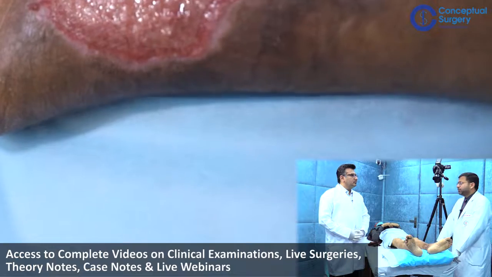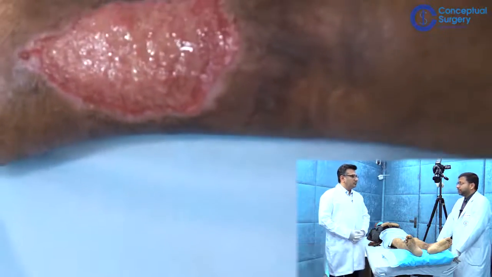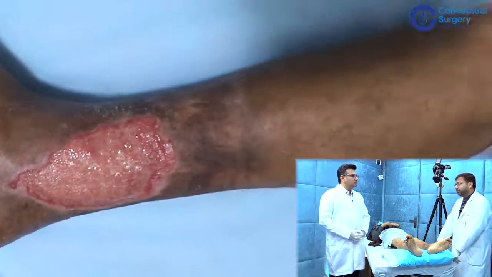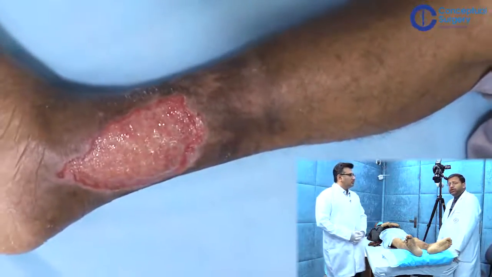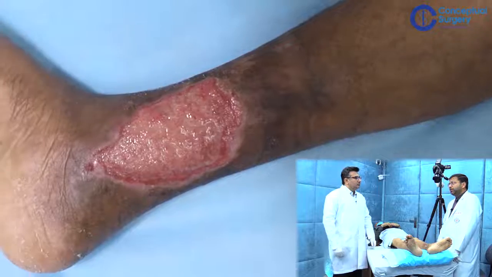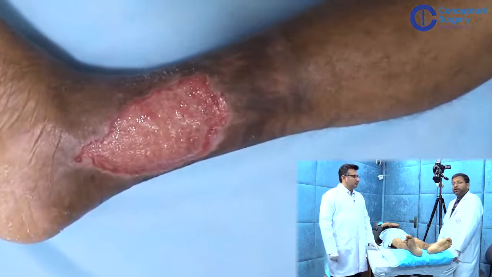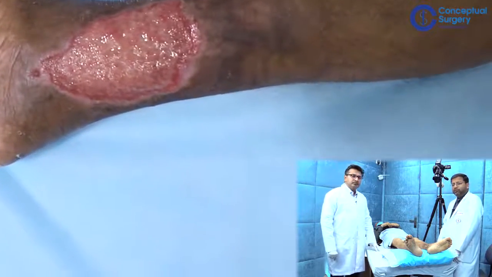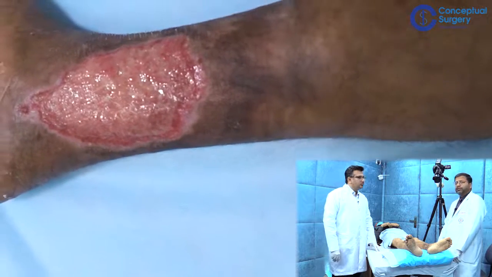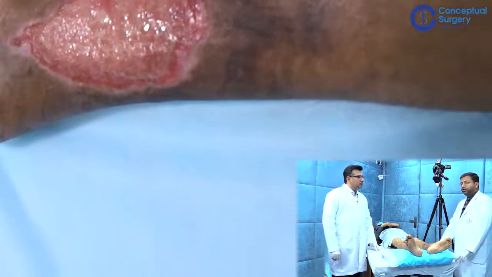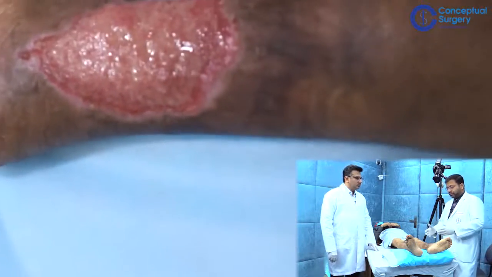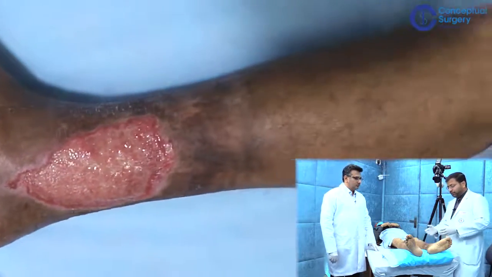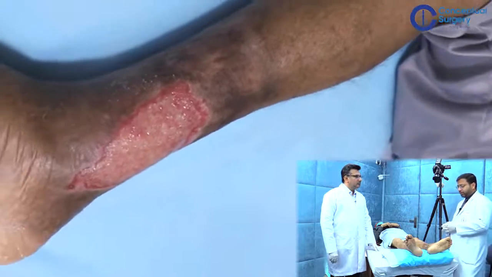Also, the privacy of the patient should be respected, and it should be a private, secure area where you are going to examine the patient. Especially when we are talking about lower limb examination, you are actually going to examine the groin in all these patients and the private parts. So one has to be sure about the privacy and a secluded area where you can easily do it to the patient's comfort.